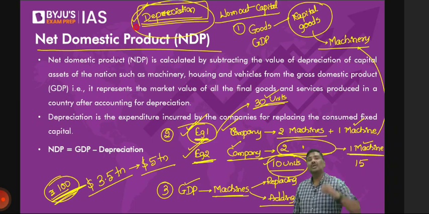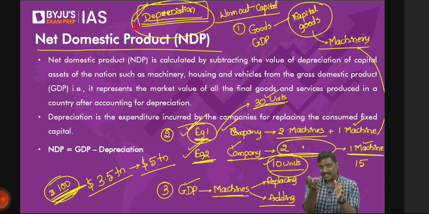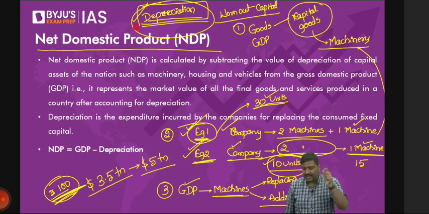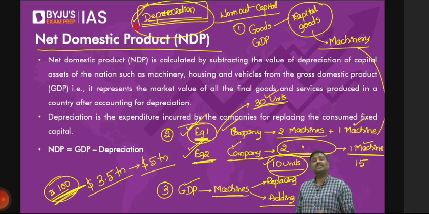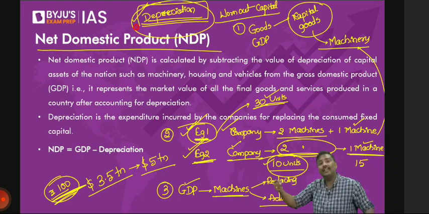Can I put it in a statement like this? If the depreciation is very high, it simply means a large part of GDP, let's say capital machinery, is used for replacing the machinery, not for addition to the existing capital. I'll repeat the statement. You have produced a GDP of, let's say, 100 crore rupees this year, and the depreciation value this year is, let's say, 50 crore rupees. What does it mean? It simply means 50 crore out of your GDP value is not addition to the capital; it is replacing the existing capital.